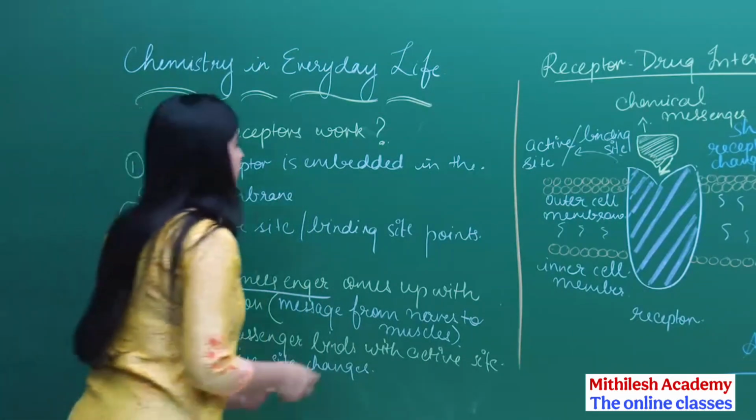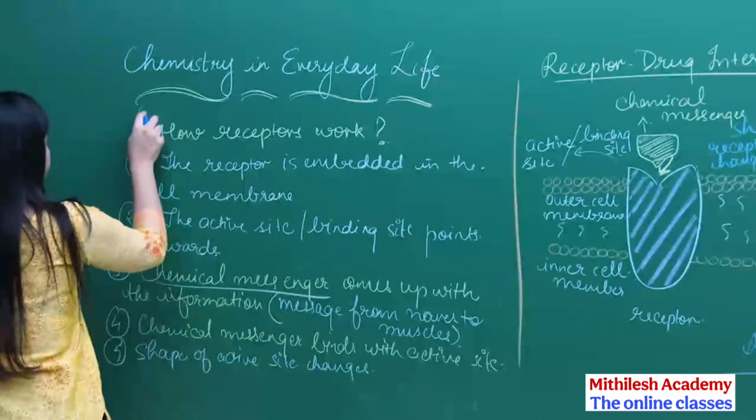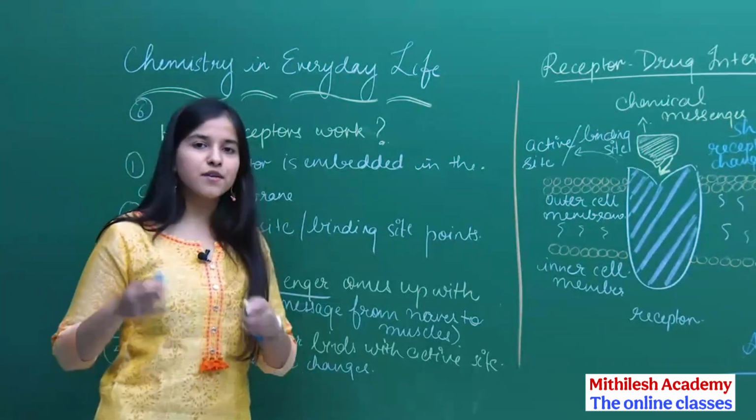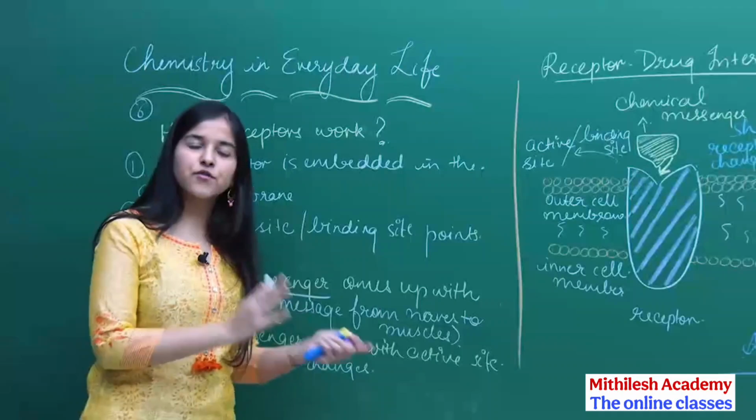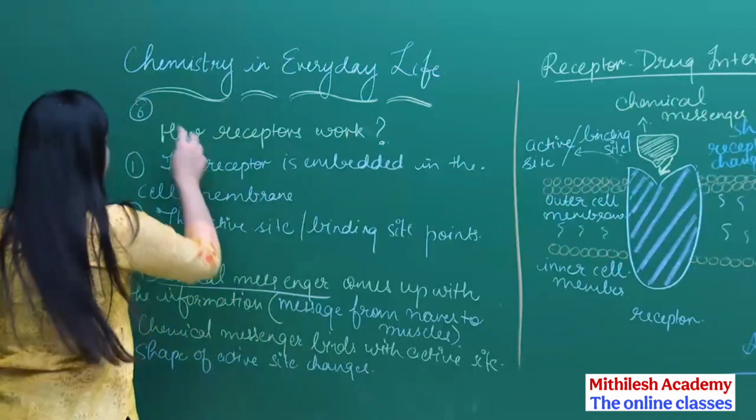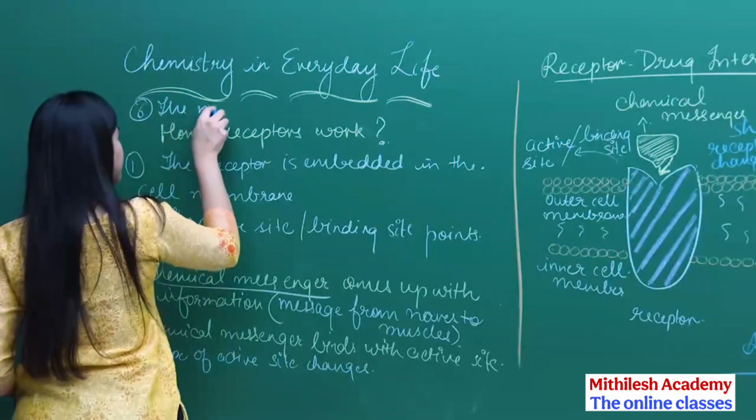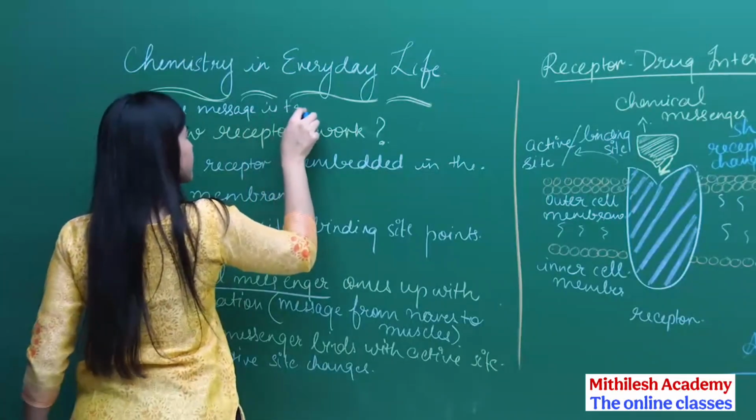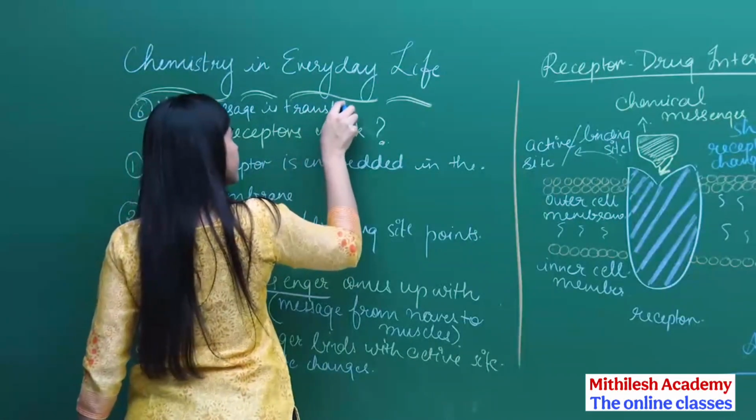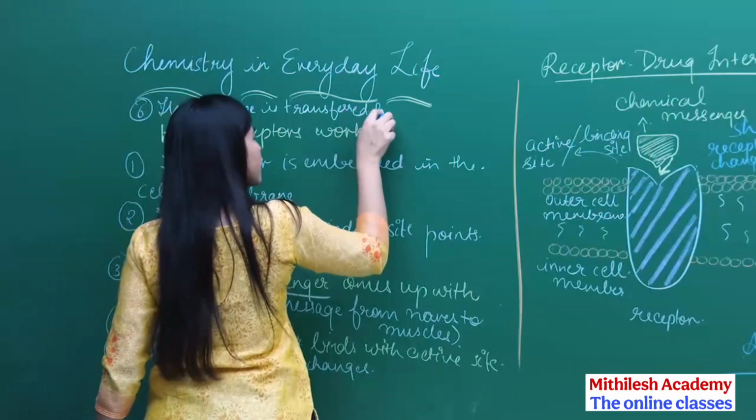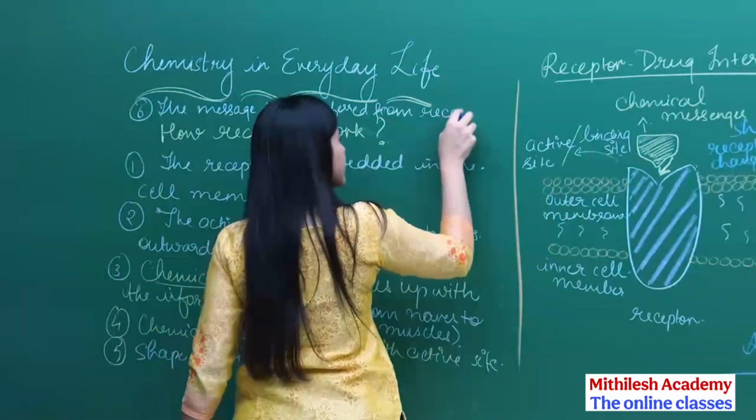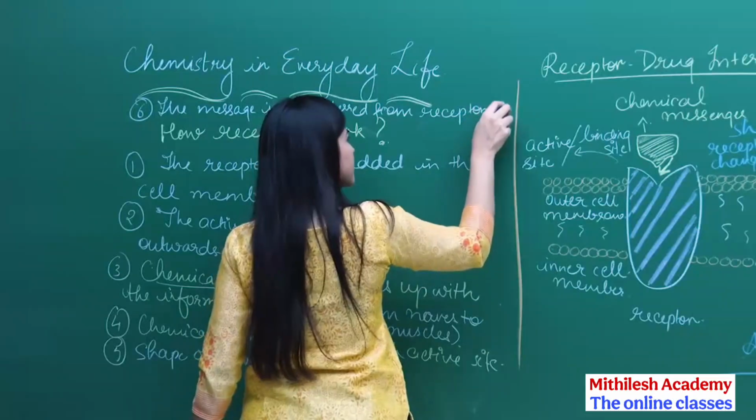What else? Number sixth point I am going to write over here. So then what happens? The shape of the active site changes. The message is now transferred from the receptor to the cell. So the message is transferred from receptor to cell,